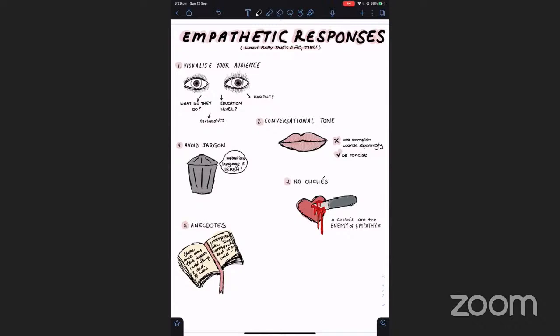So let's say that you visualize your audience, you start using vocabulary that relates to their education level, you get to know their personality, etc. You write all about it. And then you throw in a cliche. That would destroy any kind of empathy that you've already built. Oh, okay. No problem. So,